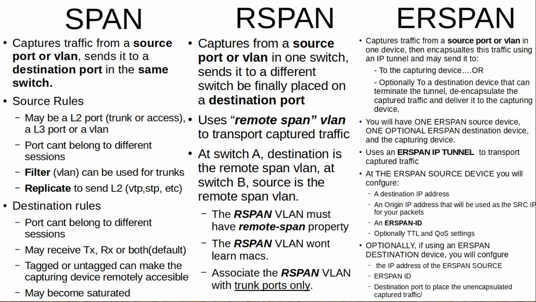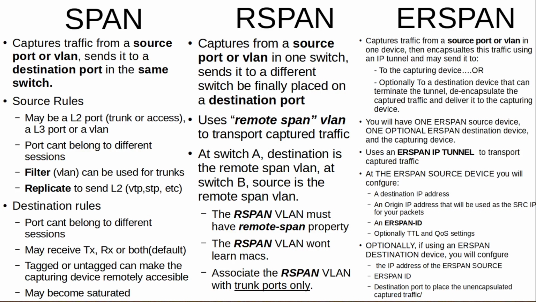Now this way to move traffic is using a layer 2 technology. So the evolution is Encapsulated Remote SPAN, which will capture traffic from a source port or VLAN in one device. This device will encapsulate that captured traffic using an IP tunnel, so this can send the information across an IP